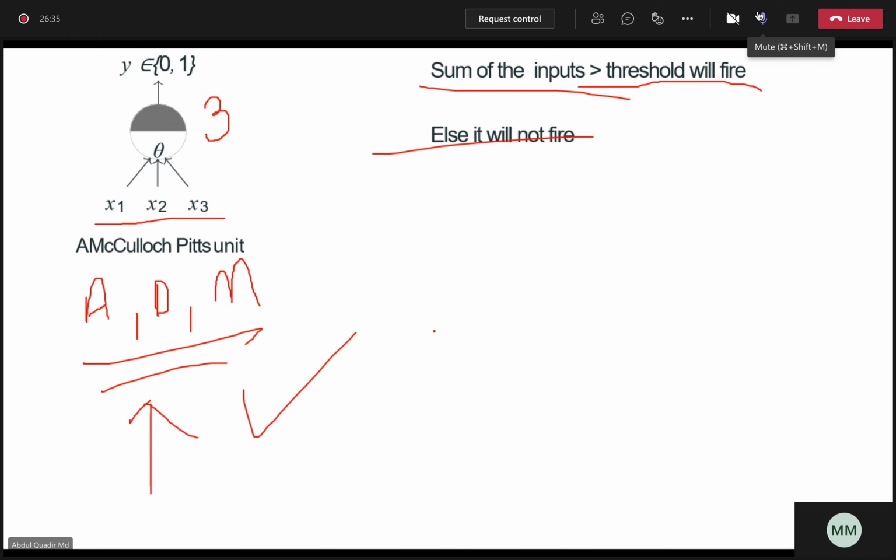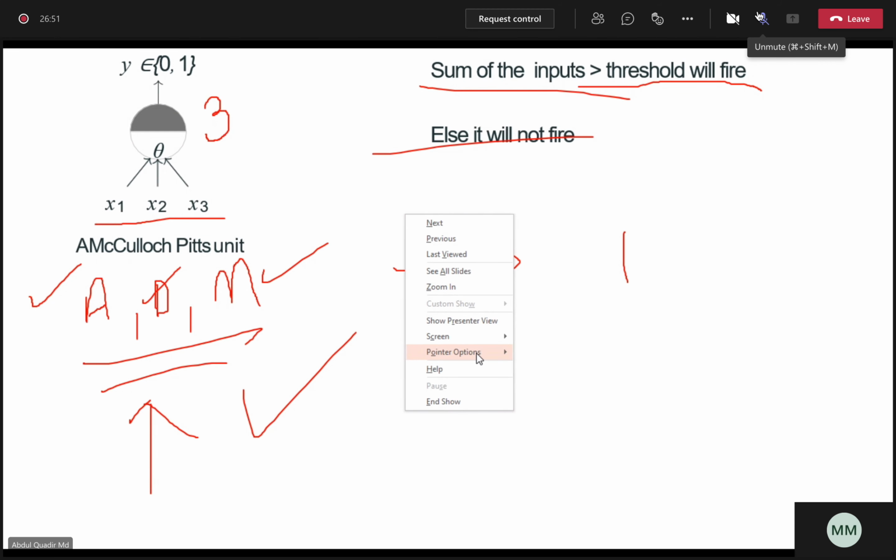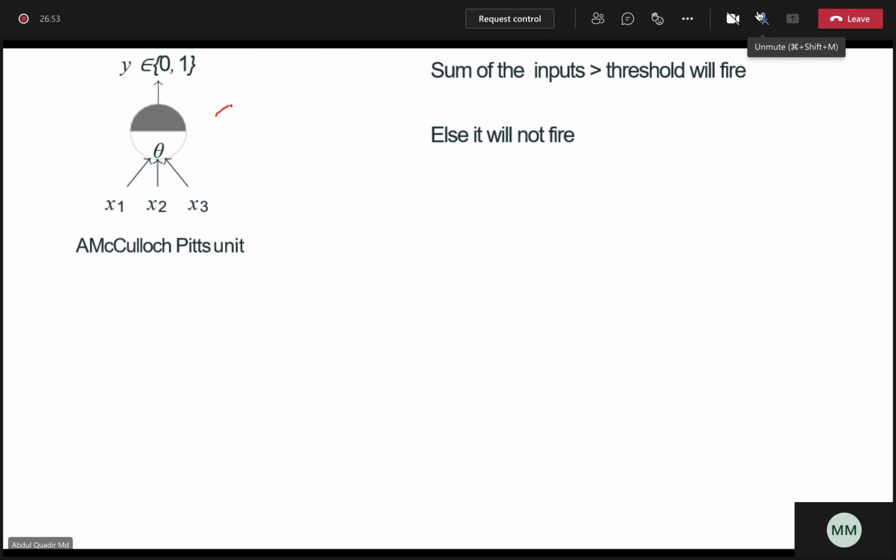It will fire if the sum is greater than the threshold. Yes, see here, all three parameters. My favorite actor is there, my director is there, and my favorite music is there. It will fire. Now, say for example, I'm keeping the threshold at 3, and a movie comes up,